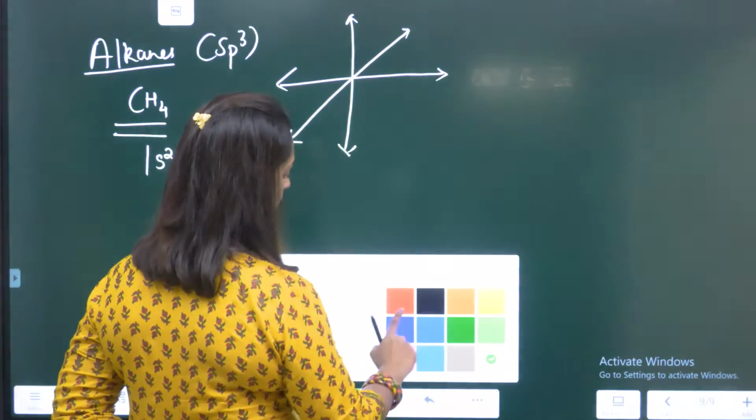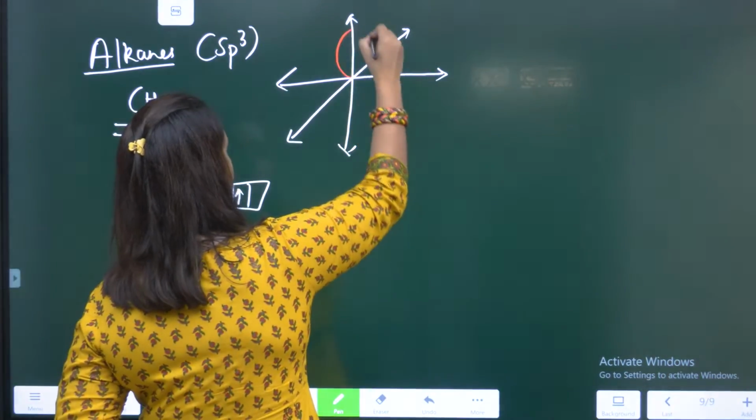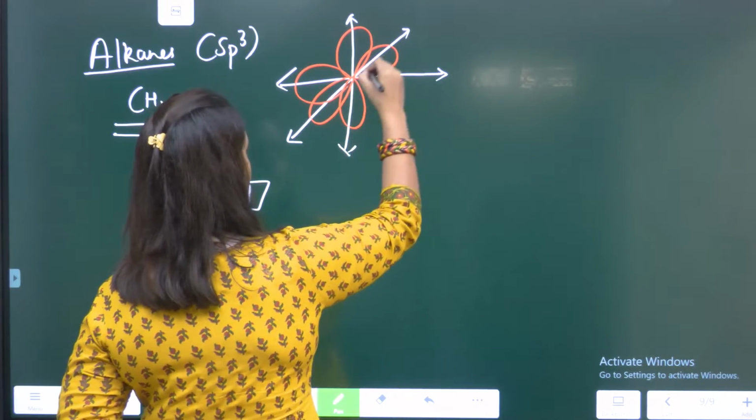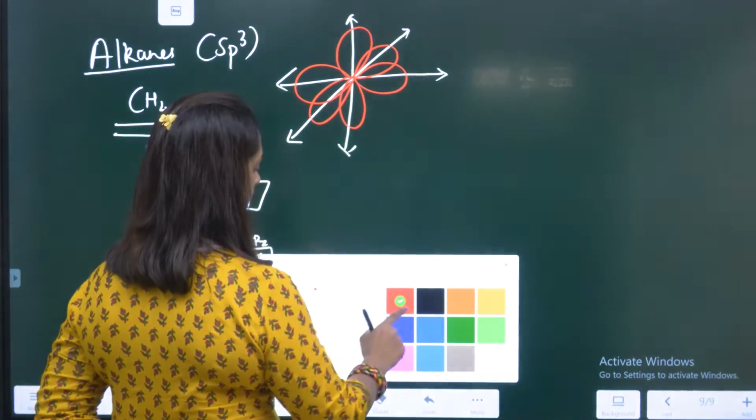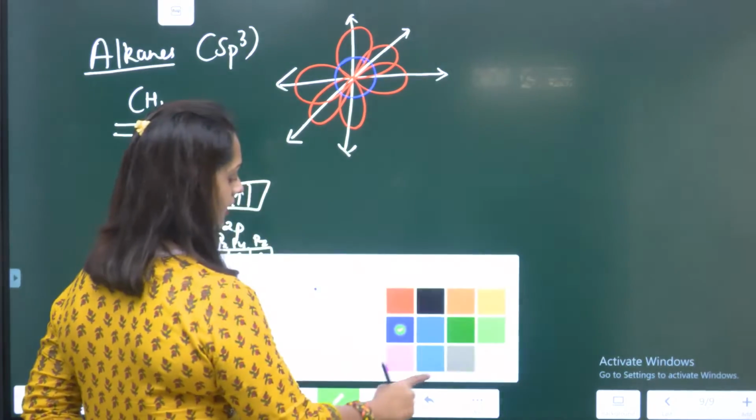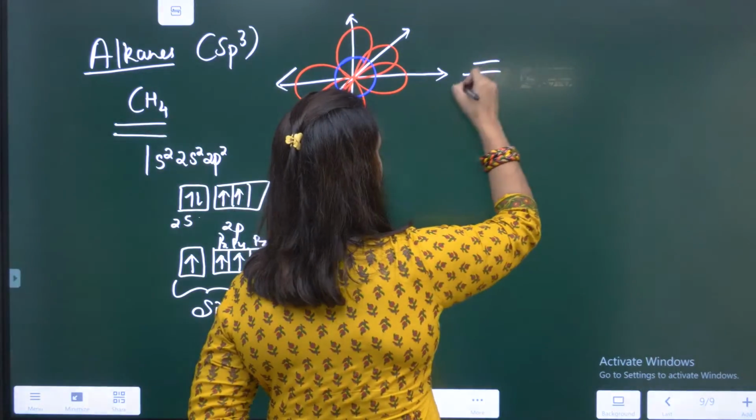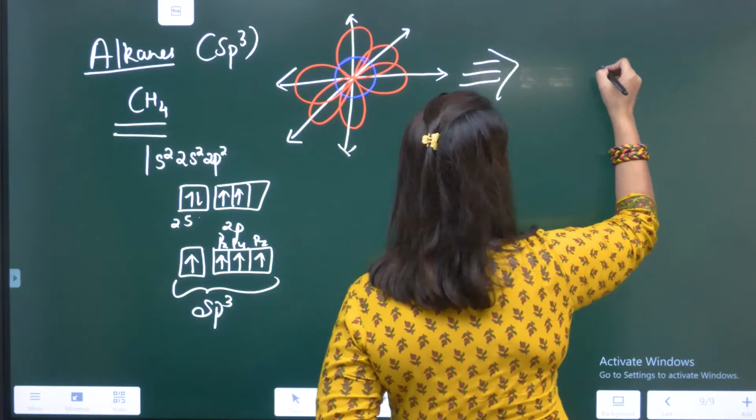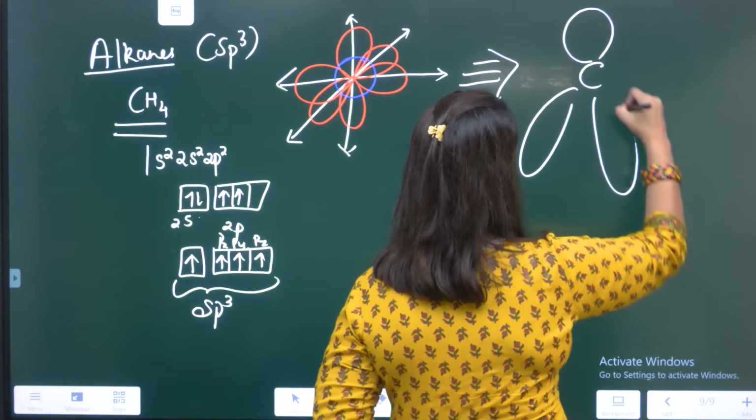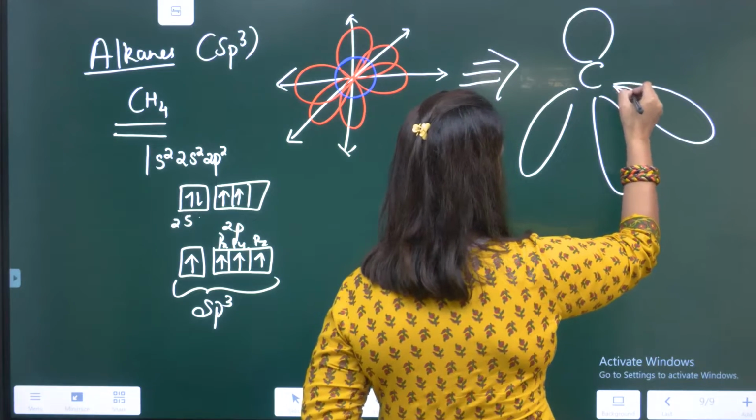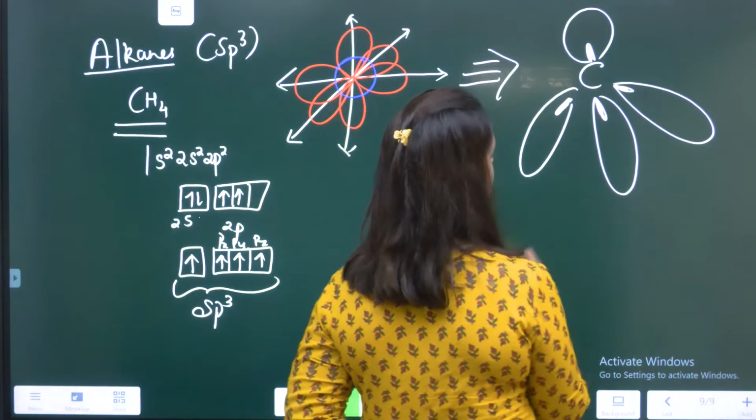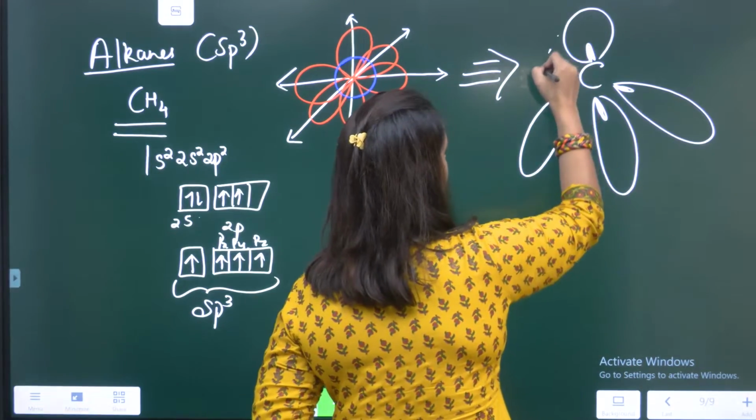So I am representing the p orbitals by red. This is one lobe, this is second lobe, and this is your third lobe. And it will be combining with your s orbital. This will in turn return you the sp3 hybridized, right. It is represented like this in the tetrahedral manner,